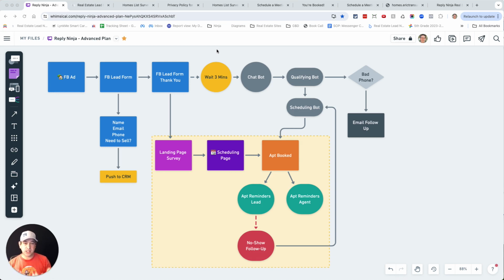Now let's use an example of Facebook leads. Let's say you generate 100 leads and at a 3% conversion rate, only 3 are good. So you've got 97 that are bad leads. If you were to dump all 100 of those leads into your KVCore system, and then blast out an email, let's say a newsletter, or just some mass email to announce a listing you have or an open house,